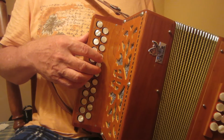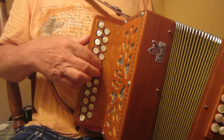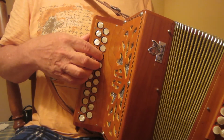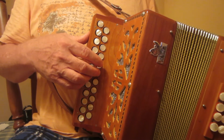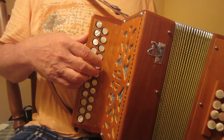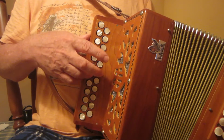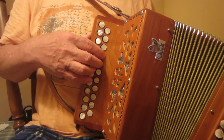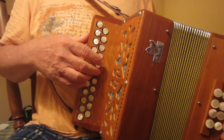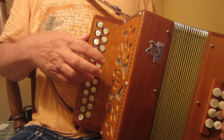Now, let's one last way of playing it. That was triplets, if you like. Not really staccato, but let's look at a way of playing slurred triplets, where you do the triplets all in the same bellows direction, and this would be like this. Now when you play it slowly, it doesn't sound too good, but as you speed it up, it starts to sound okay. So it's BCB,